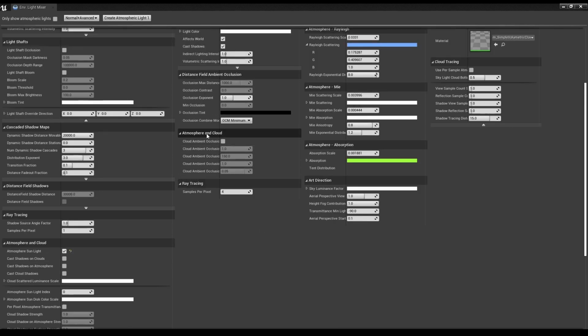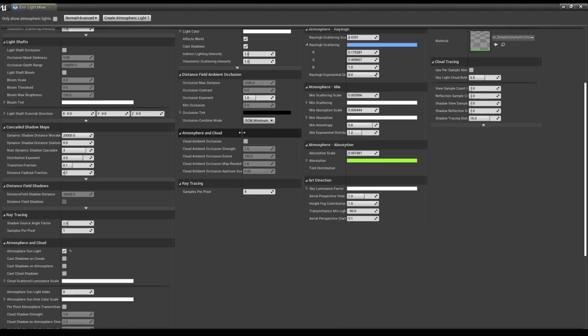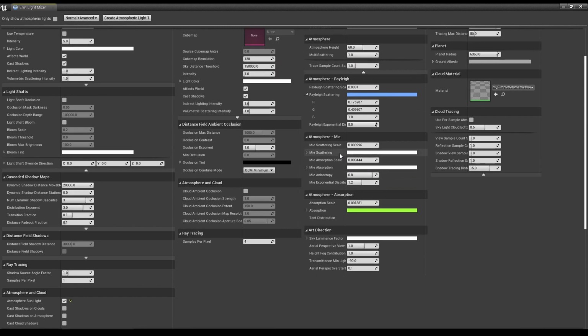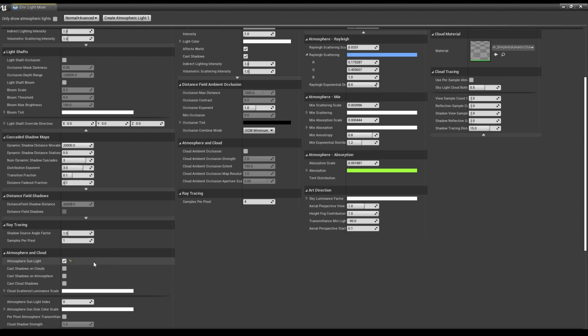There's also cloud ambient occlusion as well. And again, that will really change things in your scene if you want to use that. And there's also things like the atmosphere, like the Rayleigh scattering and the Mie scattering as well. They can really change the look and feel of your sky if you're looking to go for a more dramatic result. Looking at some of these for the first time, some of these are actually documented with the cloud documentation,